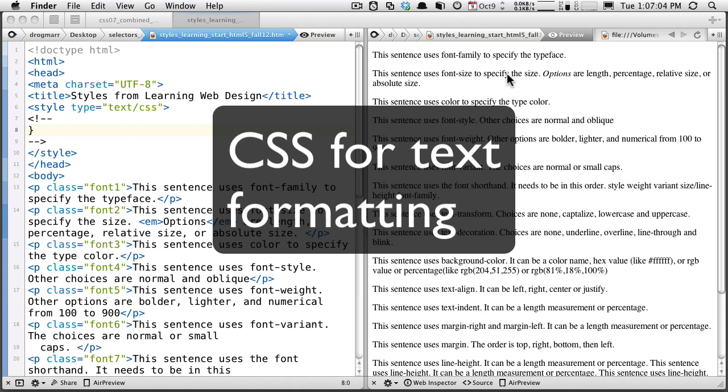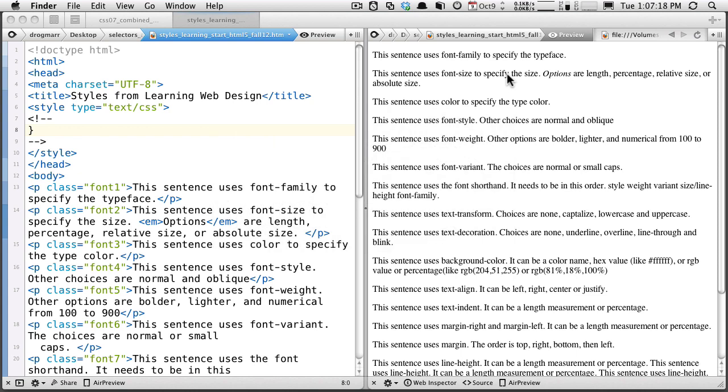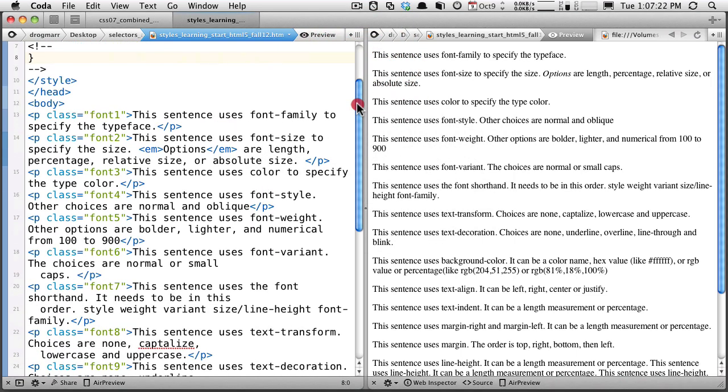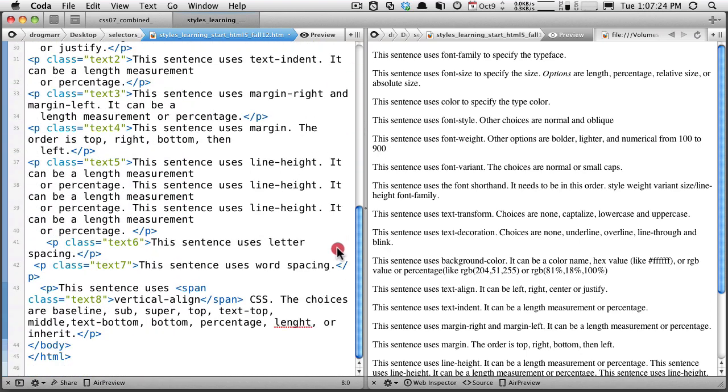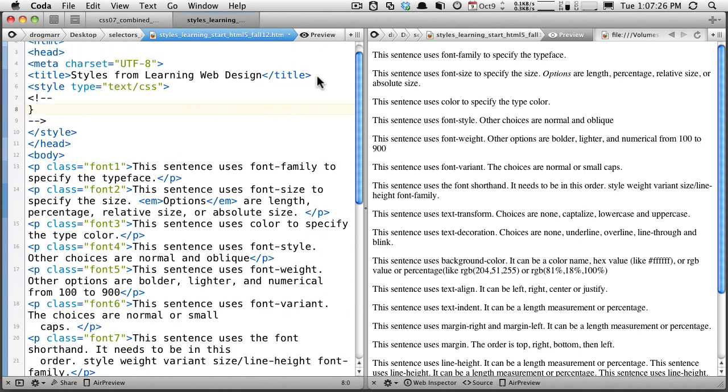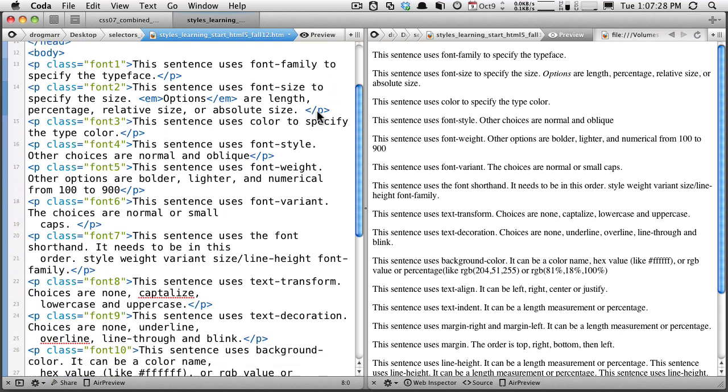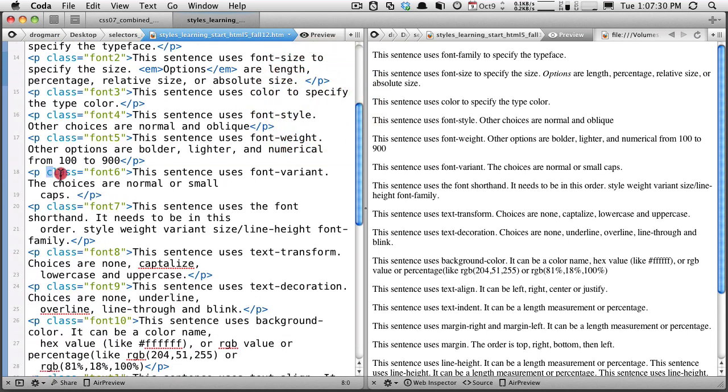All right. Hello again. So in this video we're going to go through a lot of the text formatting CSS that is in your book, but it's also just some of the general text formatting CSS. So I have this start file for you, and it has a bunch of paragraphs and maybe a couple of other things, and they all have, or most of them have, a class applied already, so you don't have to